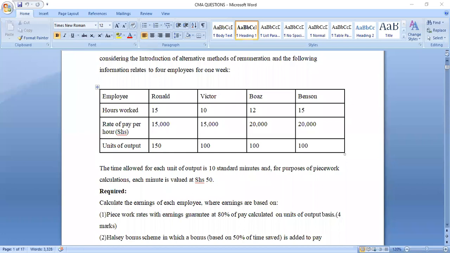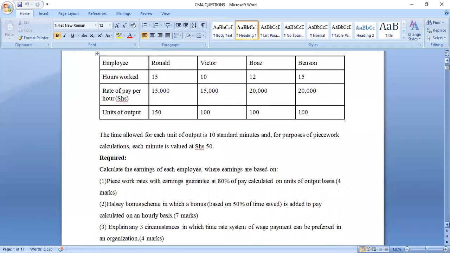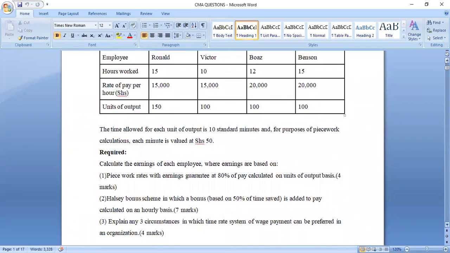Sustainability. Be sure to explain them. All right, so this is what we have. We're saying compute earnings for each employee, and they're interested in the piece work rate. Well, we use the guarantee. Now, it's the second time I'm saying the guarantee question at 80%, and then the normal ones that we know, the Hustler bonus and